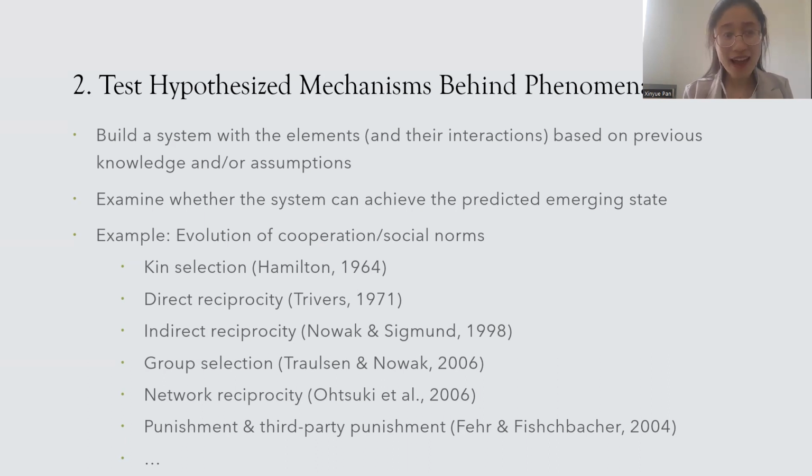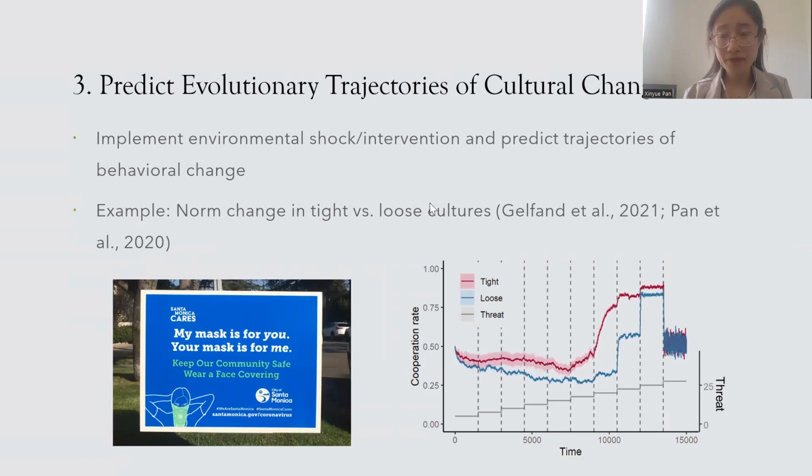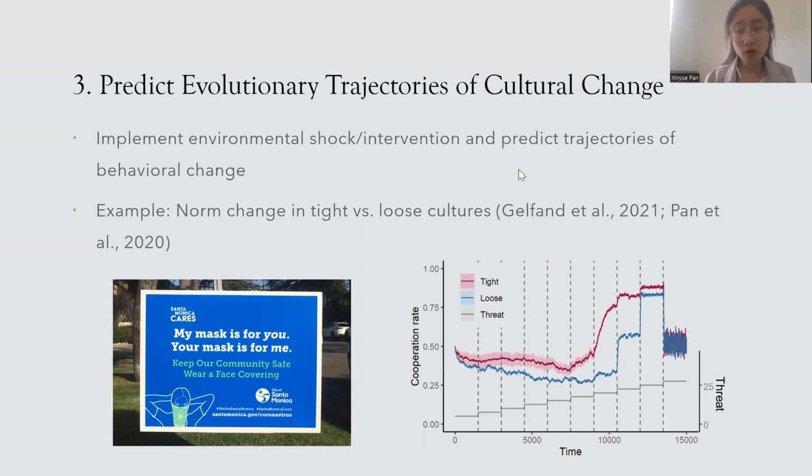And the third way you can use an EGT model is to predict evolutionary trajectories of cultural change, especially when you have some environmental change or intervention and you want to predict how the population will react to that. For example, in early 2020, many researchers were interested in how we can predict whether a society can adopt a cooperative norm, which can help us control the COVID-19 condition. And one of such behaviors is mask wearing. It's a cooperative behavior because it's costly or it's effortful and uncomfortable for an individual to do that, but it